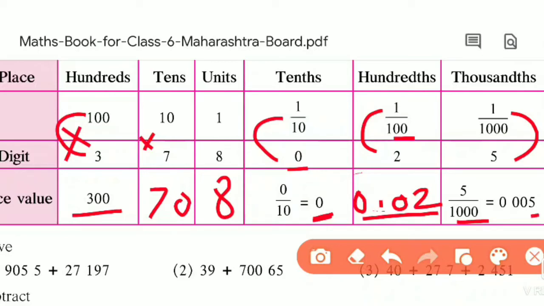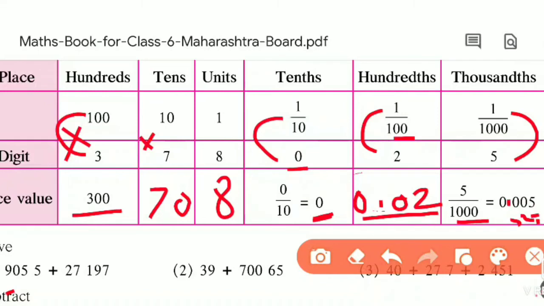That's why first write the 5, and then after 5 point, how many digits do we want? 3. So count from the back side: this is the first, this is second and third, then give the point here, and if a number is not present, we have to write our own zeros at those places. Okay, so these are the place values of the different digits.